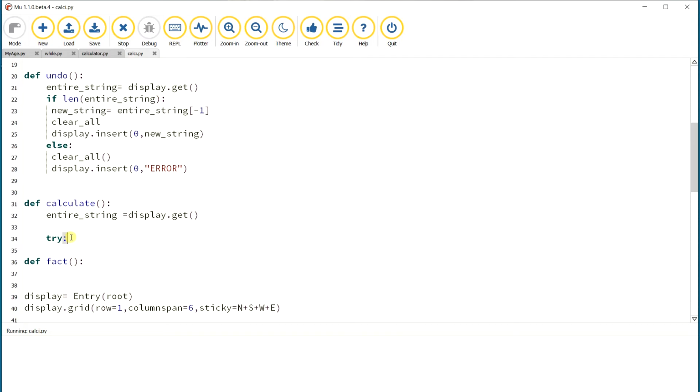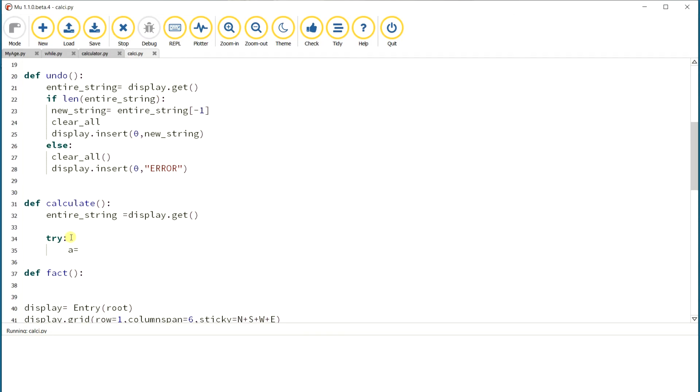For this, we generate a new variable. In that variable, we pass the given expression. The expression is the input, and that expression is the entire string. All the given input is stored in this entire string, and that is taken as the expression. We are going to parse it and compile it, which is nothing but doing the calculation here. This is done by the system itself.